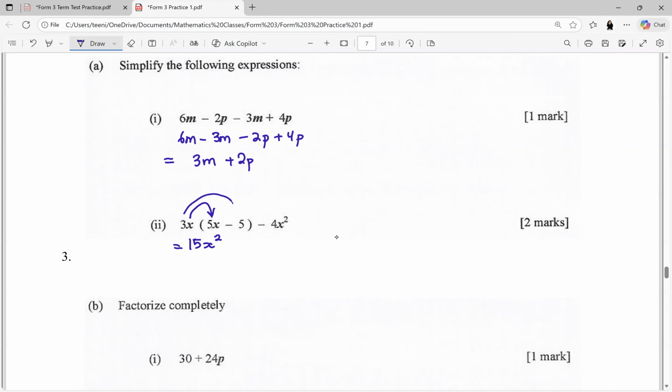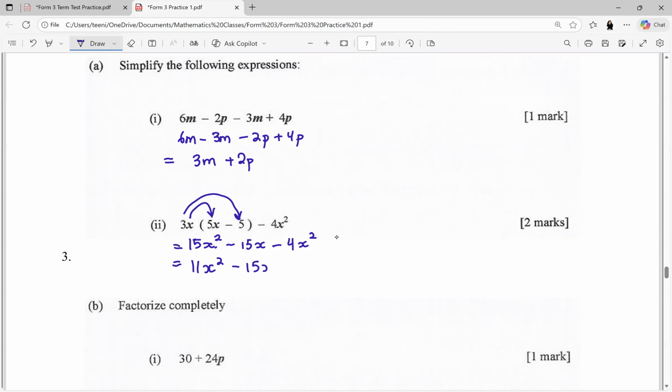And then 3x times minus 5 will give me minus 15x, minus 4x squared on the outside. So now you group your like terms. That'll be 15x squared take away 4x squared, which will be 11x squared, minus